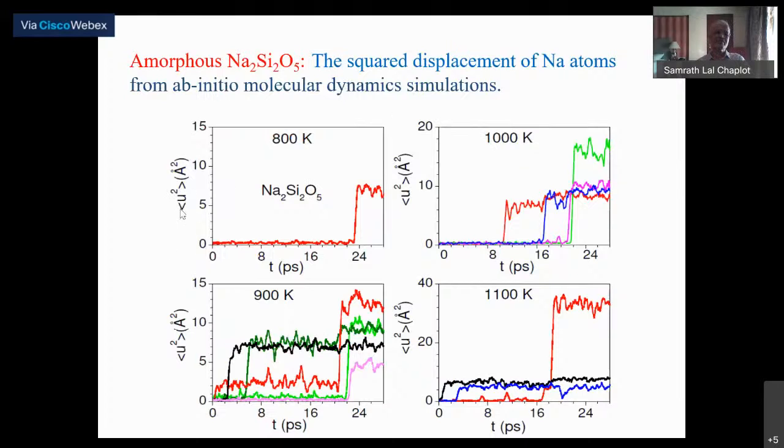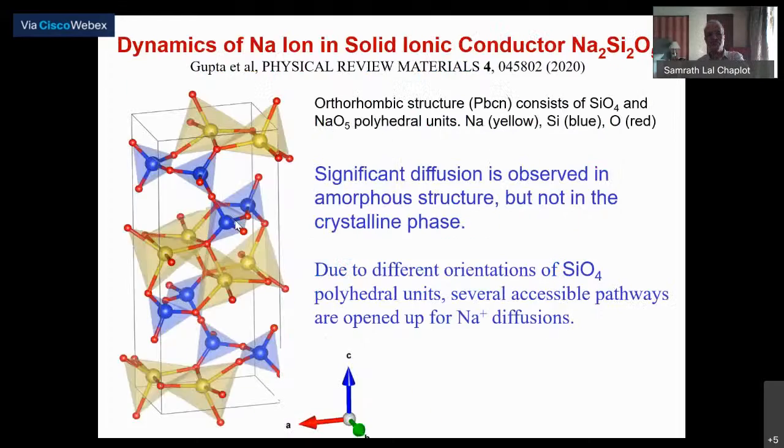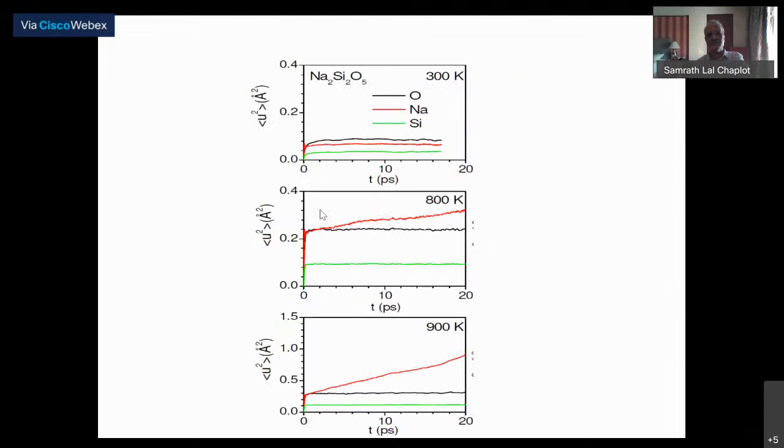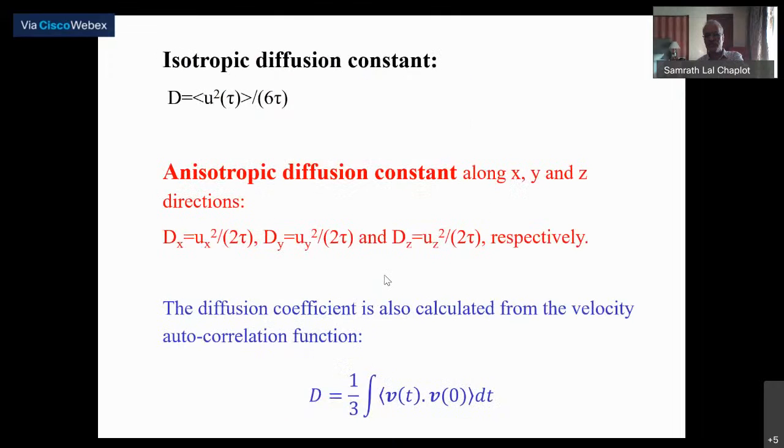Now you can see the mean square displacement calculated for the sodium atom. What I earlier showed you was the average over all the sodium atoms, so you get a linear term. However, if I look at the individual sodium atoms,